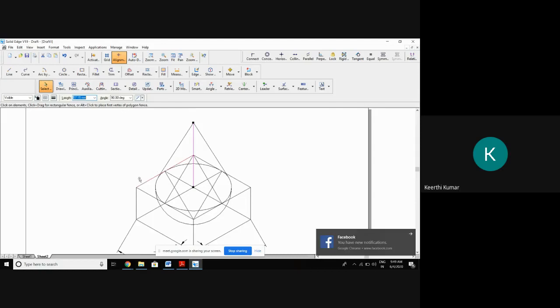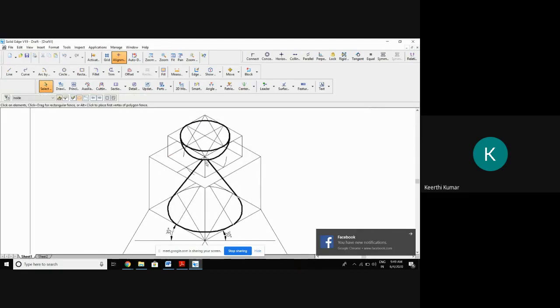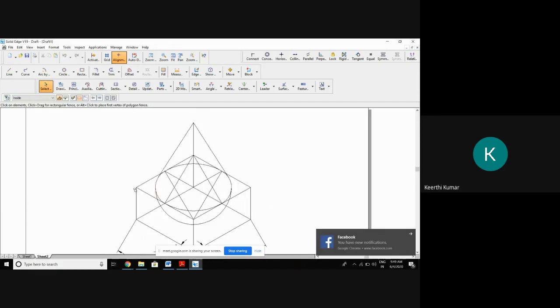Why did I not place the cone in a box here? In the previous problem, first I constructed the box, then I placed the cone. But here, I did not construct a box for the cone. What is the reason? Remember, that is a thumb rule, a key rule for you. If there is no solid above this, then don't waste time constructing a box and finding a center. But if there is another solid above this, you have to construct a box.